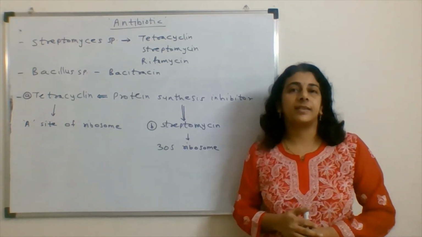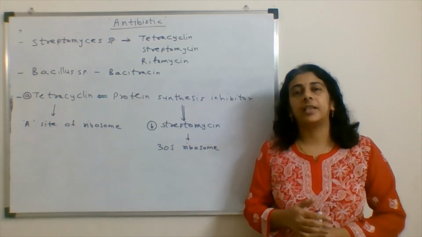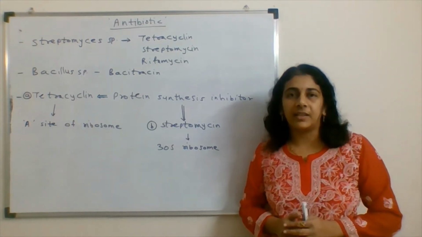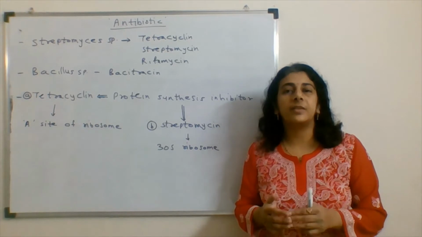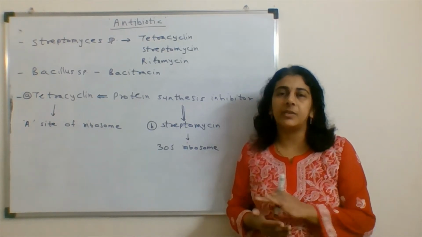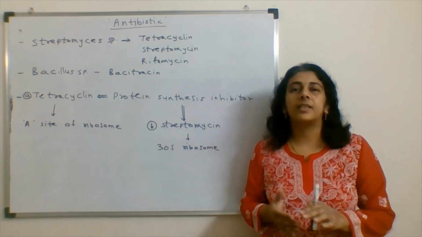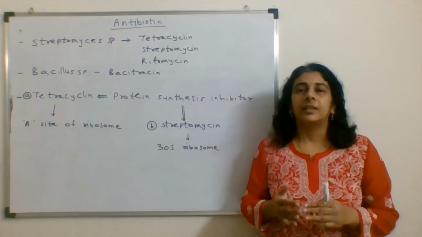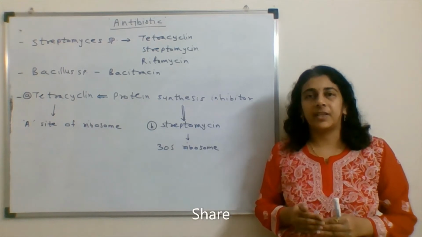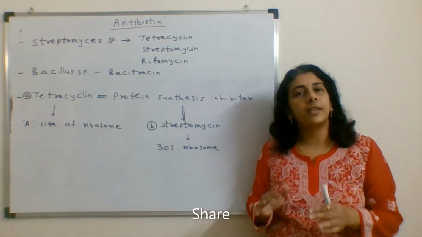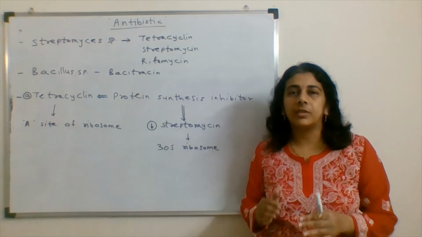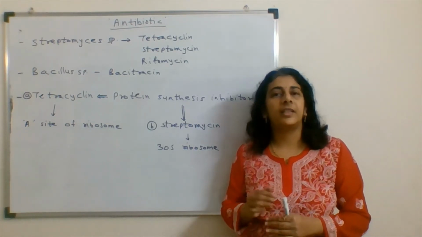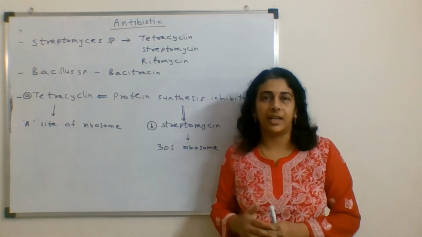These antibiotics can have a cidal effect or a static effect. What is meant by cidal effect? Cidal effect means when the growth of the organism is totally stopped. That is called cidal, like we call bactericidal. Secondly, when the static effect is there, the growth is just inhibited. It is not stopped. The rate of growth is inhibited in the case of a bacteriostatic antibiotic.